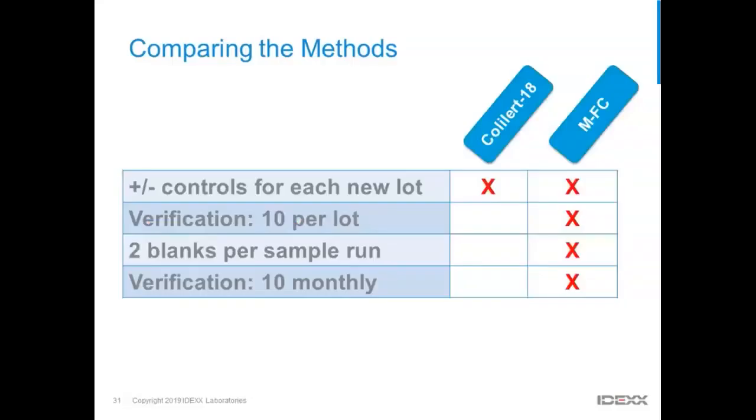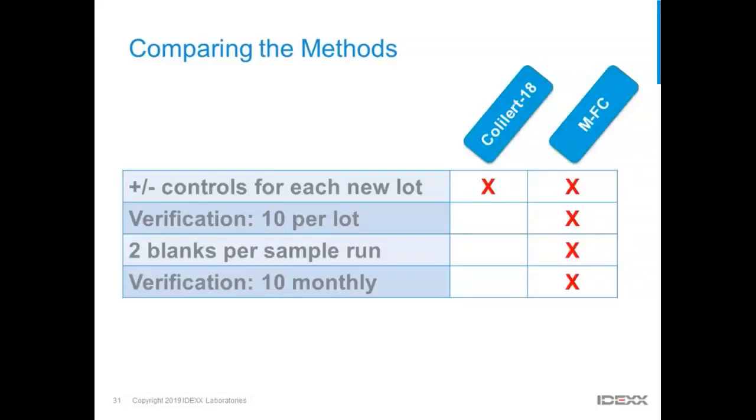All right, now I'm going to go a little bit into QC. When we talk about QC for our products and other ones, one thing we'd like to point out is that there's a lot less QC required for the enzymatic methods compared to plate methods. The best example is when we compare Colilert-18 for fecal coliform testing to mFC. mFC has a lot of QC steps that are required when properly running the protocol. With both methods, Colilert-18 and mFC, there should be positive and negative controls done with the addition of any new lots.